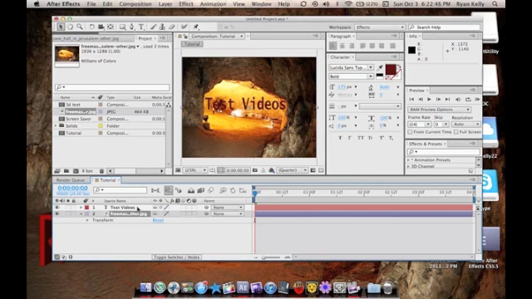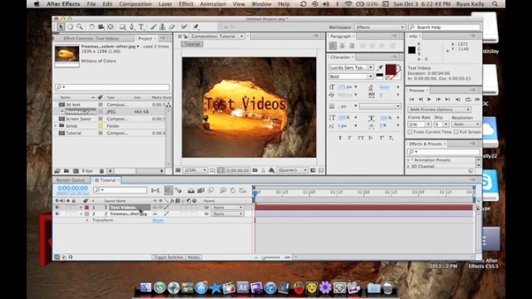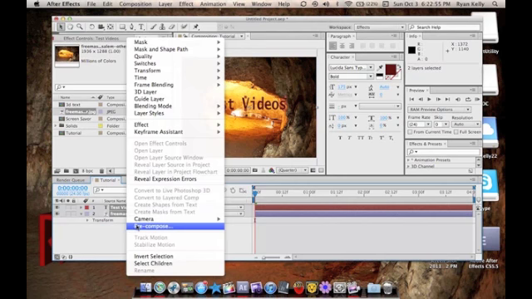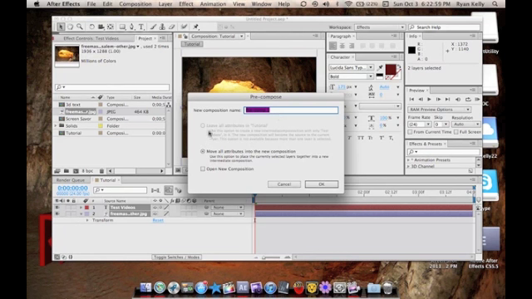And one more thing I think is important is if you click one video and then shift and then right click and do pre-compose, and what that does is you type in the name. It makes files more organized, and you can edit